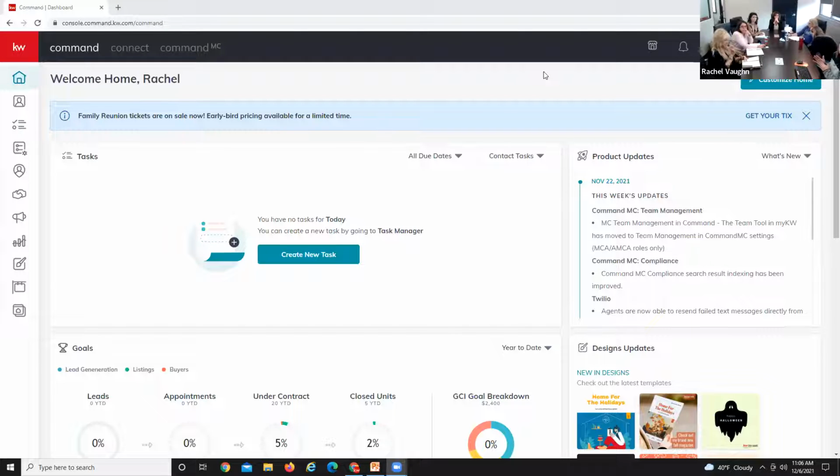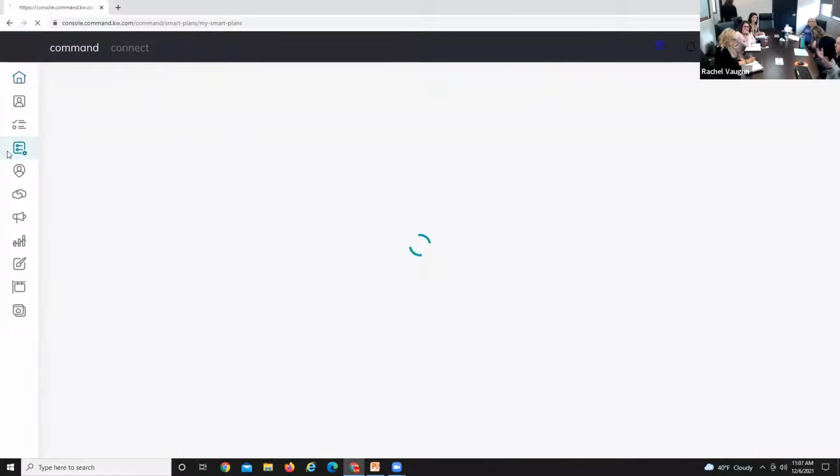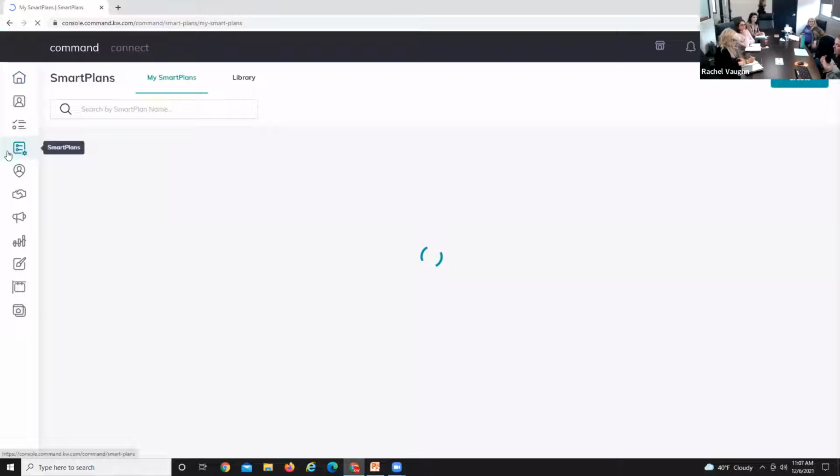Well, then we will go over the SmartPlans and campaigns that we set for today. Here comes SmartPlans today, campaigns on Wednesday. That's right. Okay. So for SmartPlans, it's the little list icon over here on the left, third one down. So if you click on that, the beauty about SmartPlans is you have the capability to